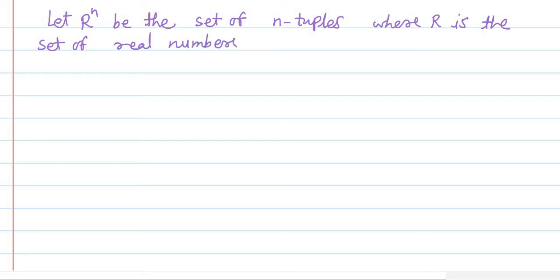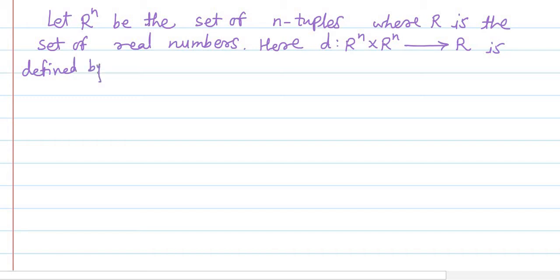Next one. Here D is a function from R raised to n cross R raised to n, meaning the Cartesian product of R raised to n with itself, into the set R, defined by D of x comma y,